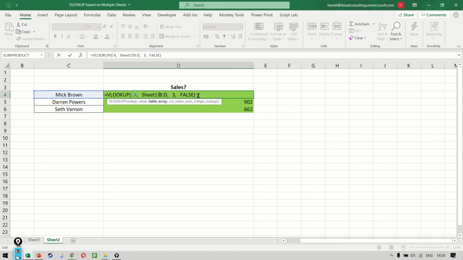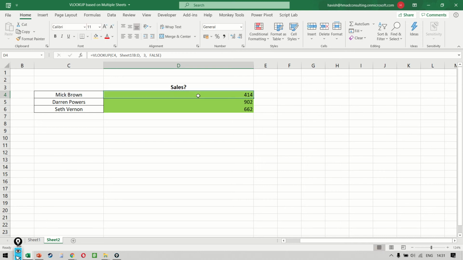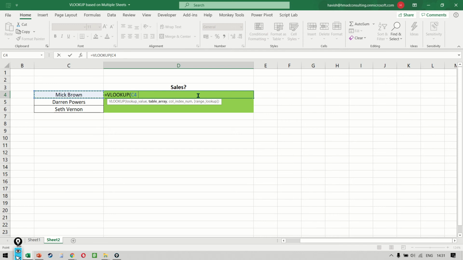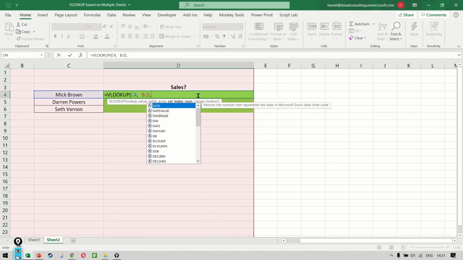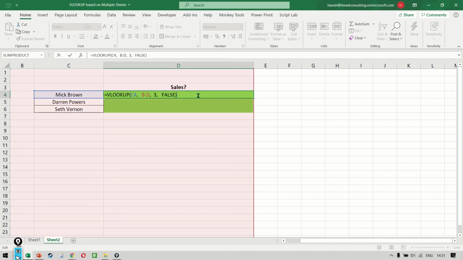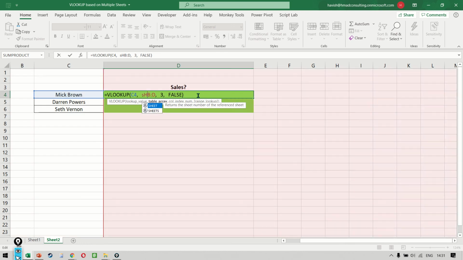The difference is that rather than writing simply the column reference, which is B colon D, we also have to write the sheet name. Now, if you really think about it, sometimes I feel that rather than going through all this hassle of selecting multiple sheets, it is much easier to simply write VLOOKUP. For now, I'm simply going to write B colon D, number 3, and then false. Now, obviously, this will result in an error because remember, B colon D has to be on the other sheet. But we can simply type sheet 1 with an exclamation mark. And you notice this works as well.